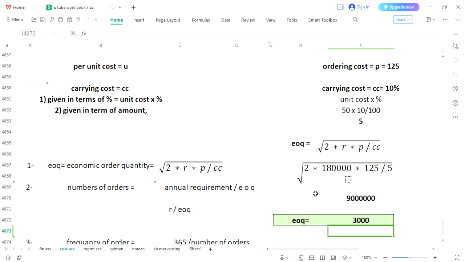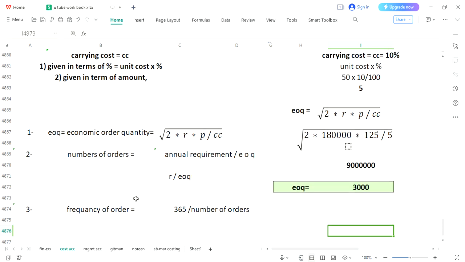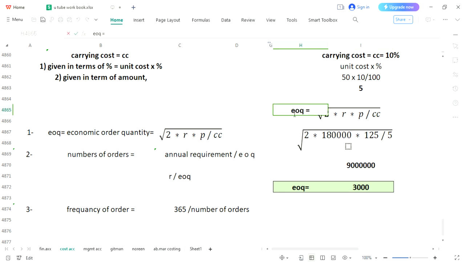And since economic order quantity was having a square root, finally we have taken the square root of this amount, and we have got 3000 rupees. So this is your economic order quantity. First part you have solved, and secondly you need to calculate number of orders. This was your first part of the question, and now you will see your second part,